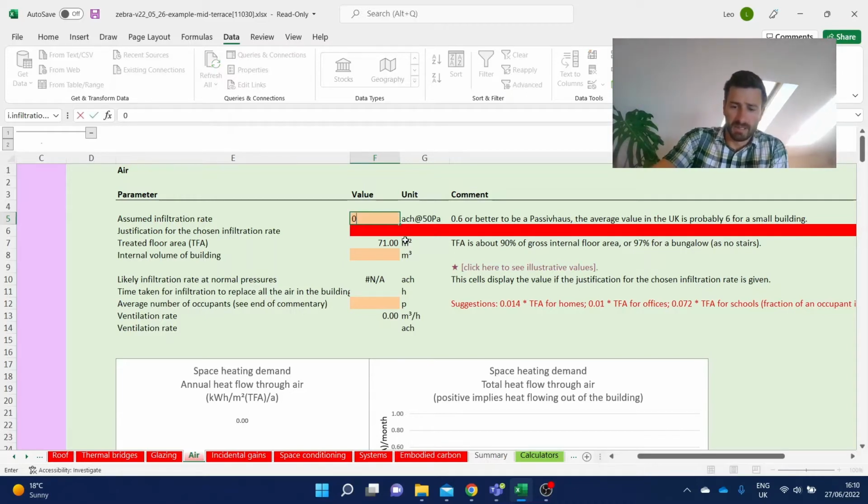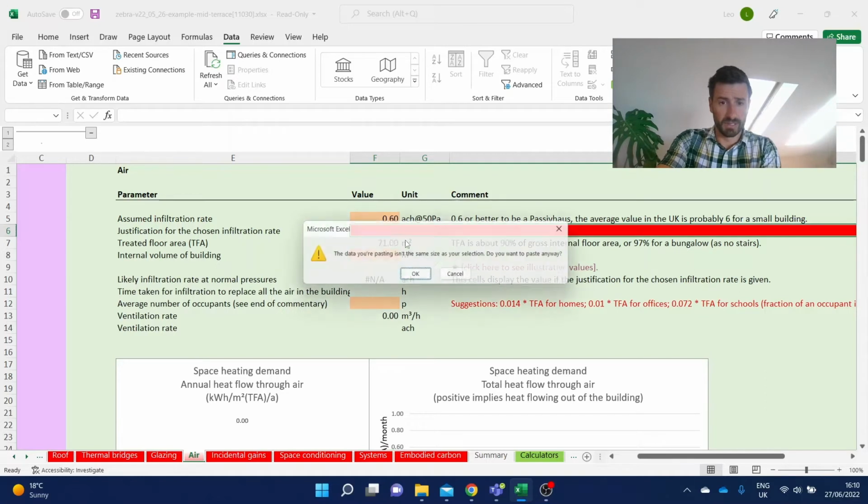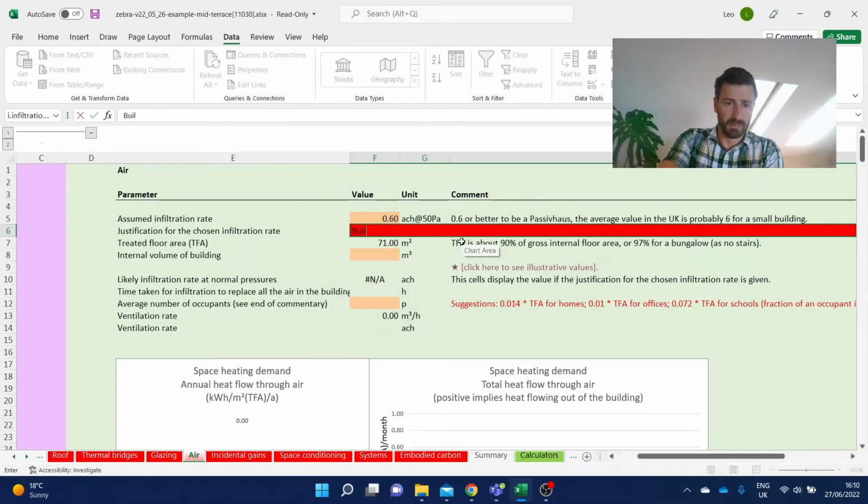So in our case, we're going to use a passive house value. And we require beneath this that you give a justification for your chosen infiltration rate. So we don't validate the value that you put in, but we do force you to input a value just to make sure that you've given consideration to this property.